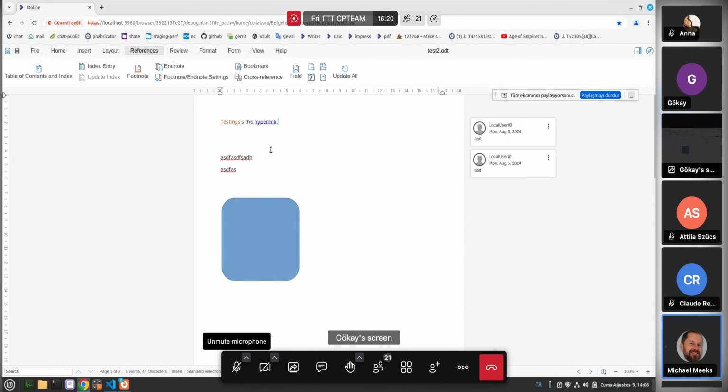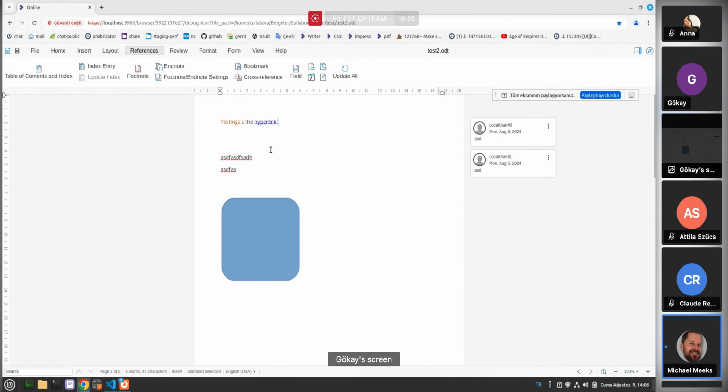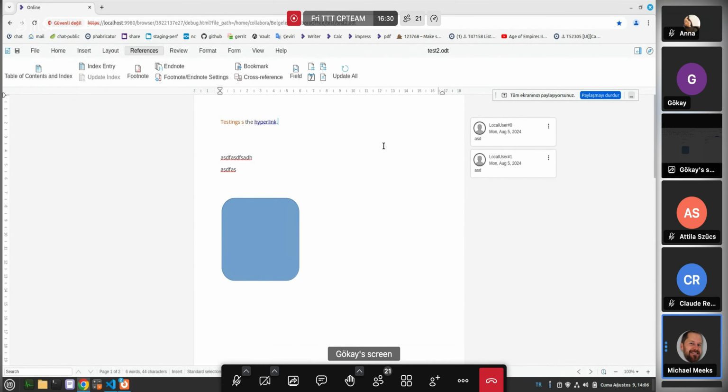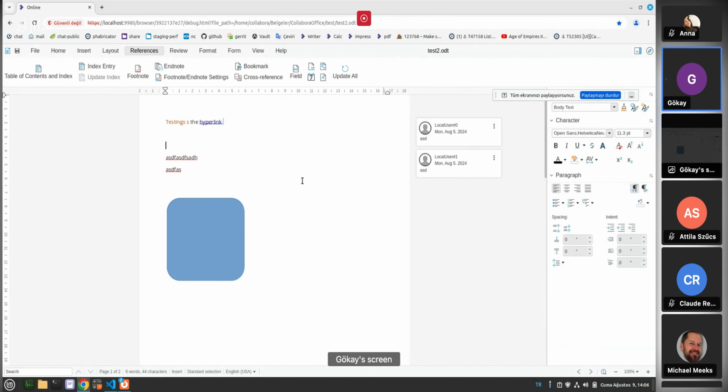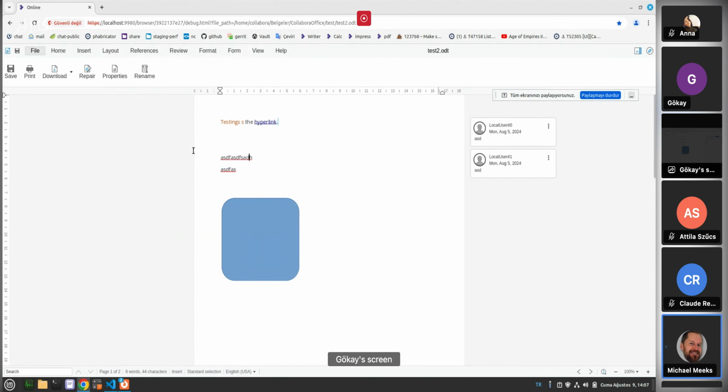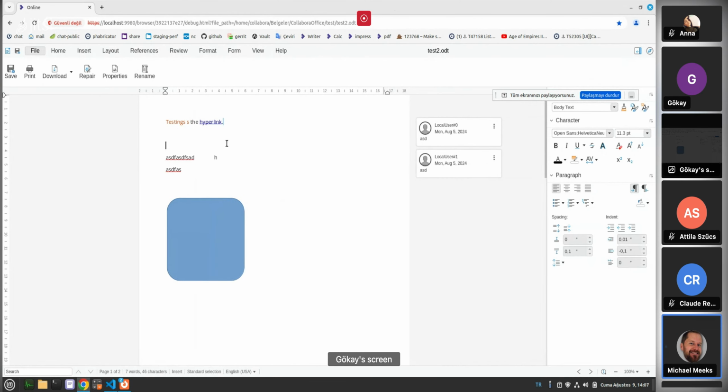Mm-hmm. And another question I had was that we need accelerators to get us into, for example, the sidebar and to switch our focus into that. So if you turn the sidebar on, for example, and then you hold down Alt, it would be really nice if we could make sure that some of those buttons in the top right there, and also some way of switching focus into that whole sidebar pane, would be really helpful, I think, for accessibility. Because I don't know how you get to those at the moment. How would you get to those? I'm using the tab key, but yes,